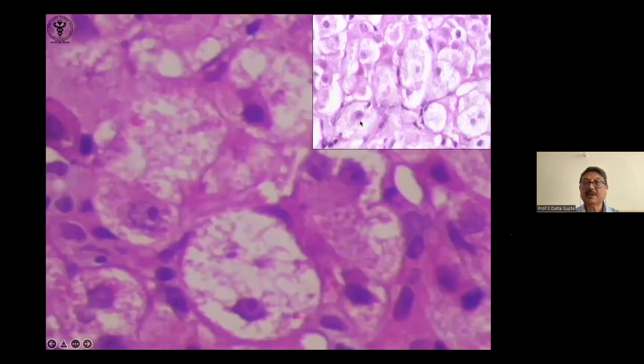Let us go. This is ballooning degeneration. In ballooning degeneration, the sodium potassium pump is affected, like in most injuries, so there's a lot of fluid inside, the cell becomes large, and the sinusoids get compressed. In fact, a lot of ballooning degeneration can compress the canaliculi and cause some amount of canalicular cholestasis and account for some of the jaundice that you get in acute hepatitis.